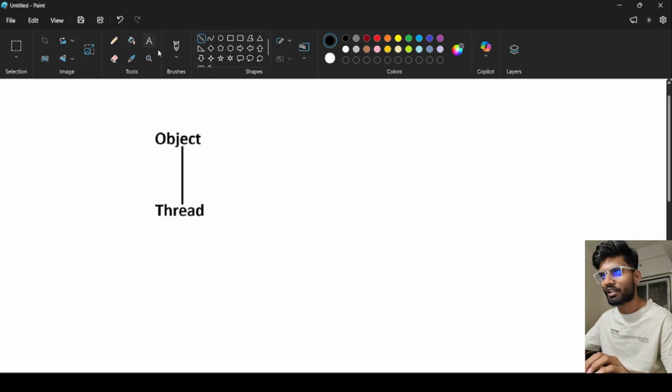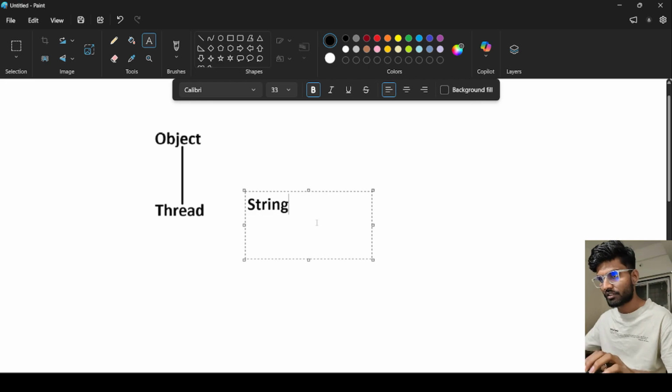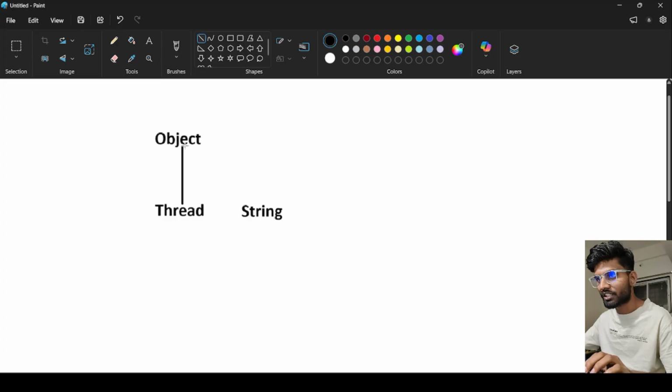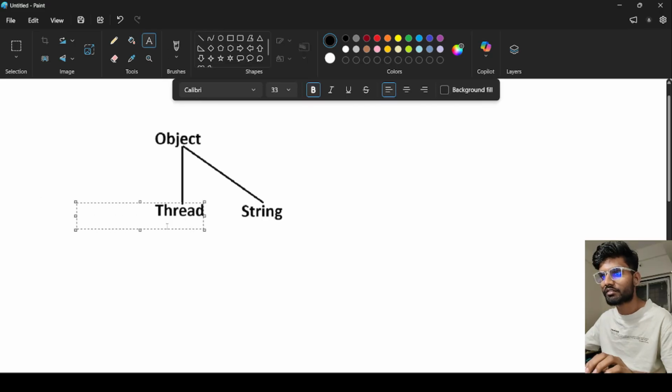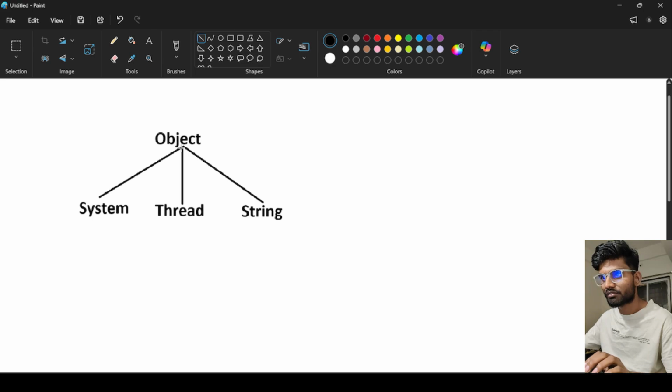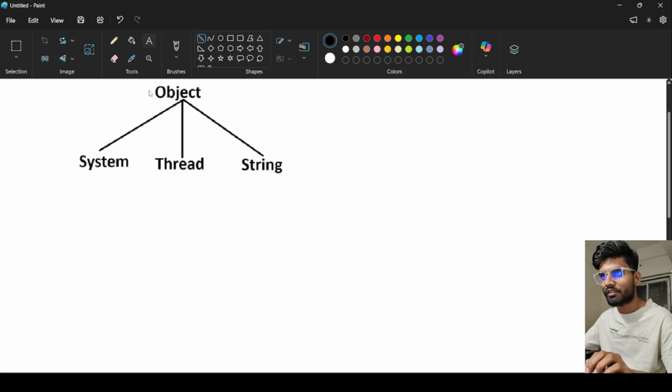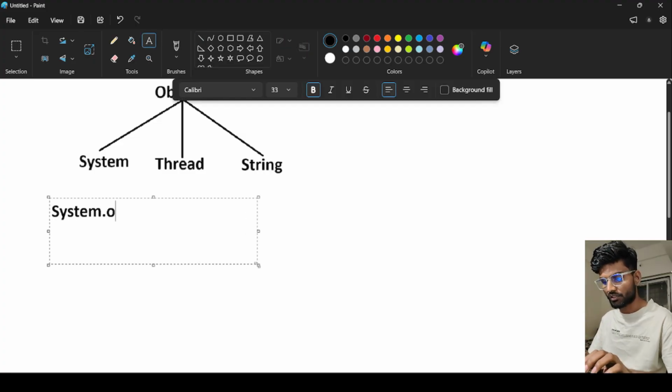Again, I will write here another class: the String class. This is also a predefined class. This class's superclass is also the Object class. In Java, every predefined class's superclass is the Object class. Okay. If I write here again System class, the System class's superclass is also the Object class. So remember here, when I write System.out.println,